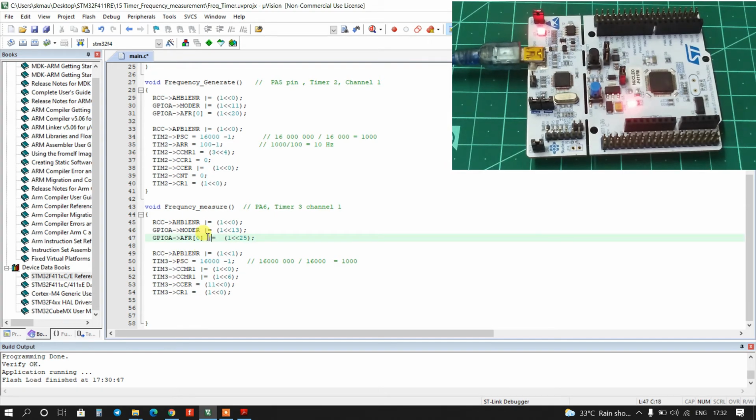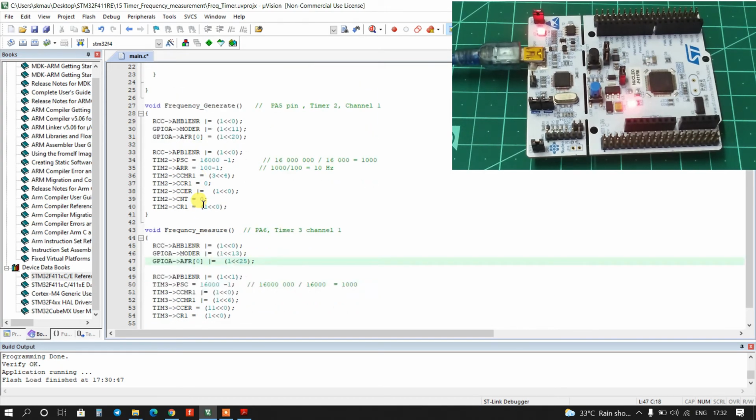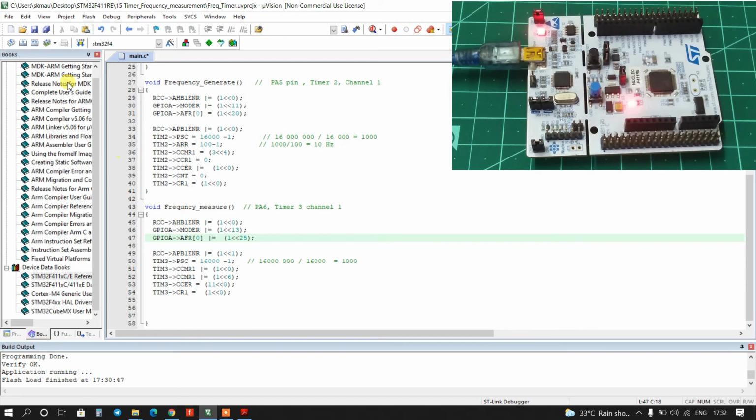Here it is OR. Okay, now again I will build and load. Okay, you can see the LED is blinking, and now I will short PA5 pin with PA6.